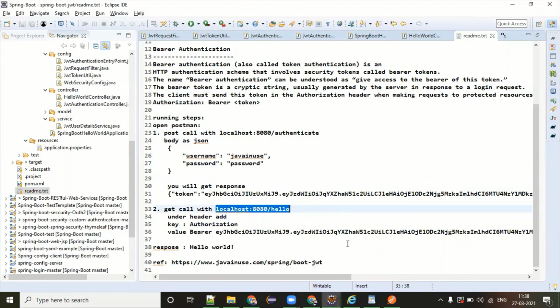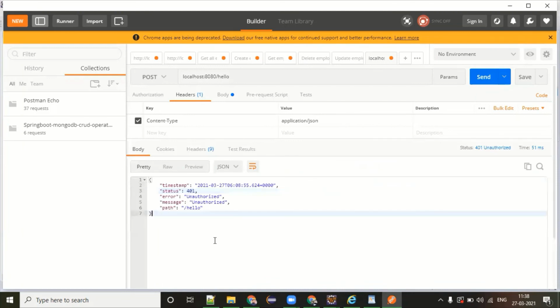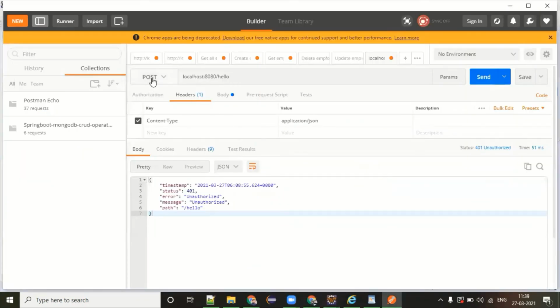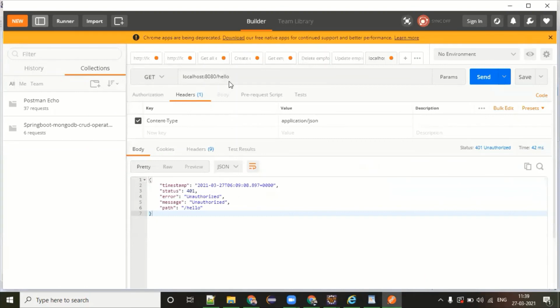hello. If I directly hit this hello, I will be getting 401 unauthorized. But for running this, what one has to do is add the header first. This is a get call, so let's try this. Yes, now go to header. Oh my god, I didn't copy that.